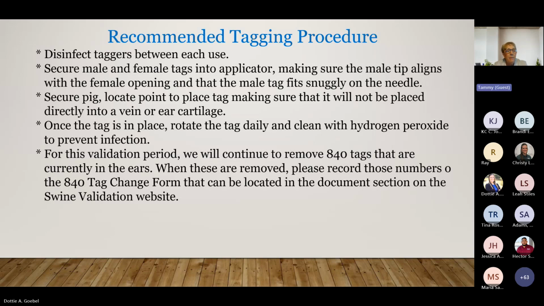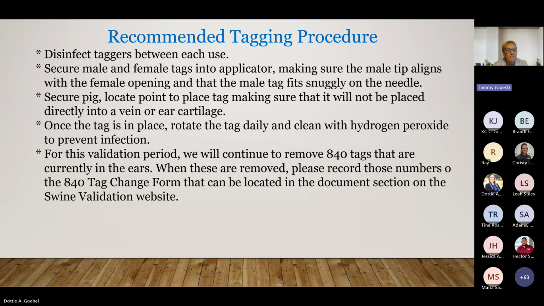Prior to tagging that pig, again, make sure you've got that pig secured. Locate a point in that ear that you know the tag will not be placed directly into a vein or the ear cartilage. Once the tag is in place, have those exhibitors rotate those tags daily and clean with hydrogen peroxide to prevent infection.